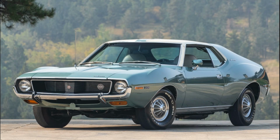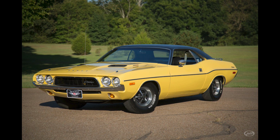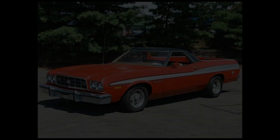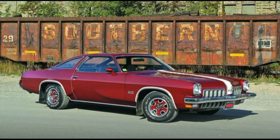Number 17, 1971 to 74 AMC Javelin AMX. Number 16, 1972 to 74 Dodge Challenger and Plymouth Barracuda. Number 15, 1973 to 79 Ford Ranchero GT. Number 14, 1973 to 1977,